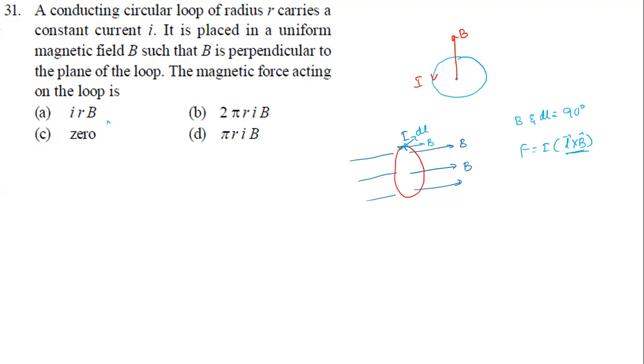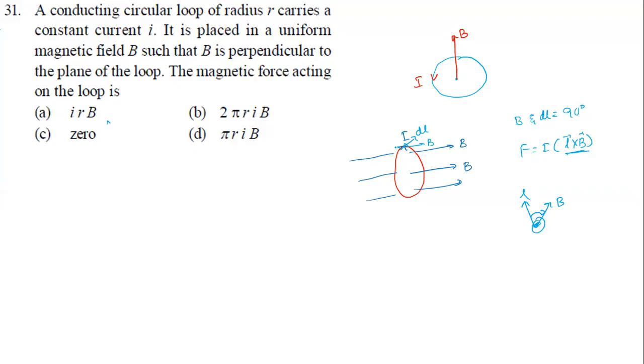So the force acting on this part of the current element is perpendicular to L and B. L cross B, right? If you take an L and a B, and move from L to B like this using your right hand, what will be the direction of the force? It will be into the plane of the board here, into the plane of the board.